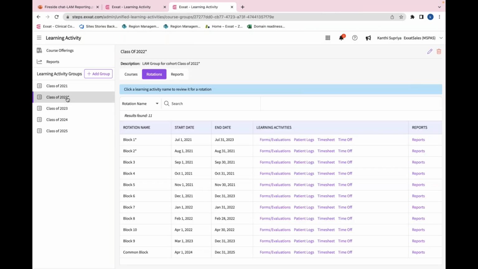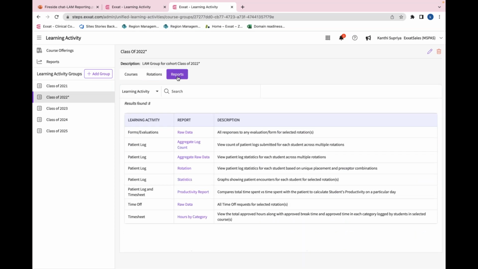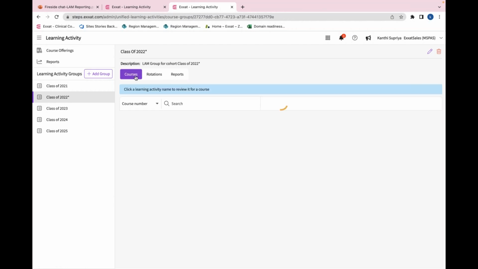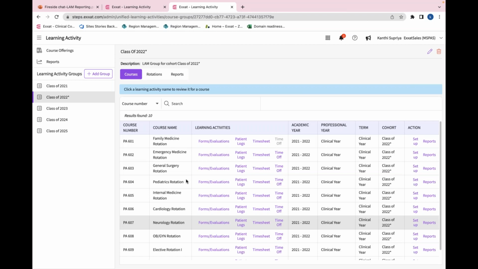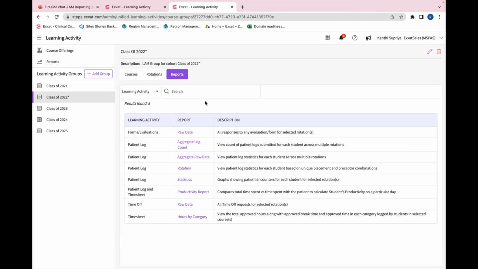For example, here, class of 2022, so these are all the rotations or courses related to that cohort. You can create groups like this, and from here you can access the report section. These reports would have the data across all the courses that you have selected. So this is how, as a school admin, you can view the reports at a course level or across